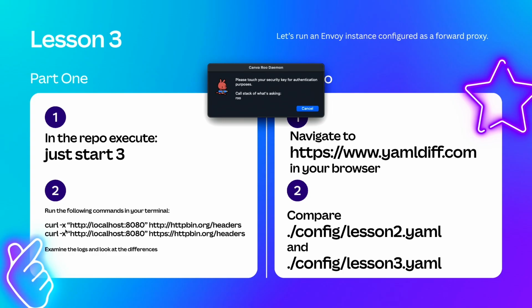What it's doing is configuring curl to use a forwarding proxy to access